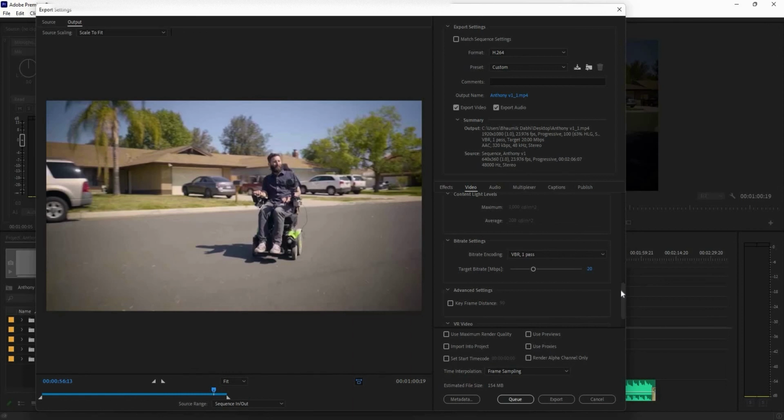Now this is what really affects the size of your file. Bitrate encoding, you have options of CBR, VBR 1 pass, VBR 2 pass. One pass will export quicker, but 2 passes means it actually goes through the export twice. It goes through all of the frames of your video twice, and it makes colors and everything look a little bit better. The target bitrate and the max bitrate,